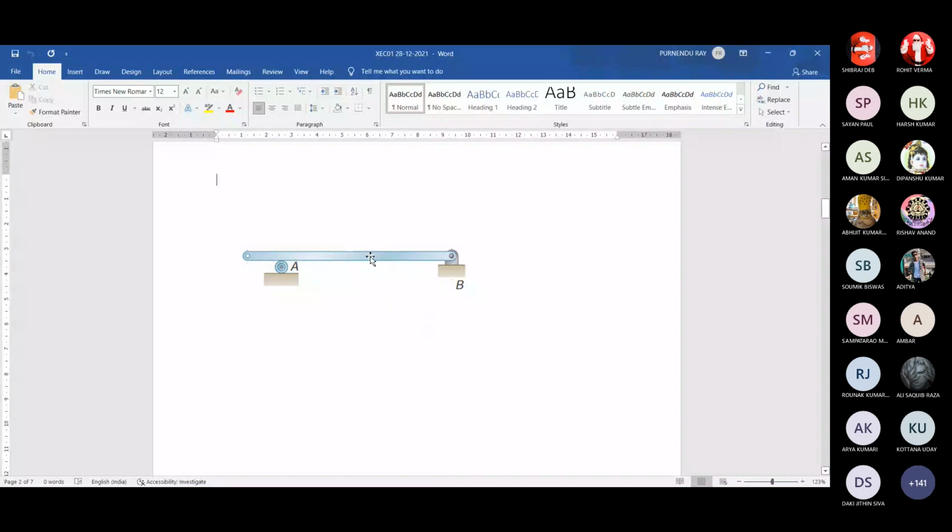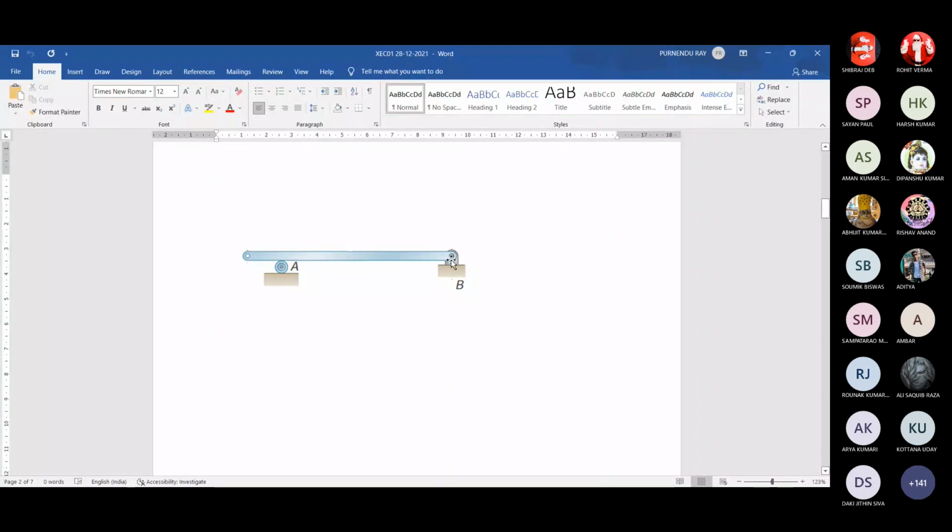To balance the horizontal component of the applied force, you need one horizontal component of reaction at B. To balance the vertical component of that inclined applied force, you need some vertical component of reaction at B. So RB horizontal and RB vertical, if you combine these two reaction forces, you get a single force. There is the single reaction at B. Yes, sir. Okay.